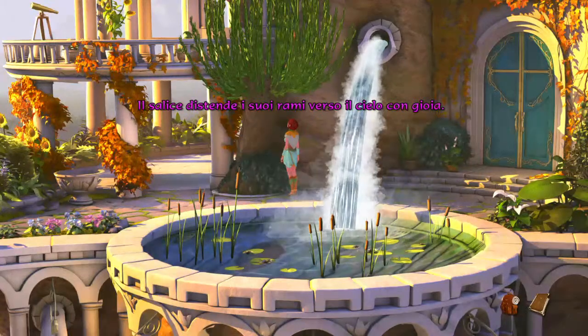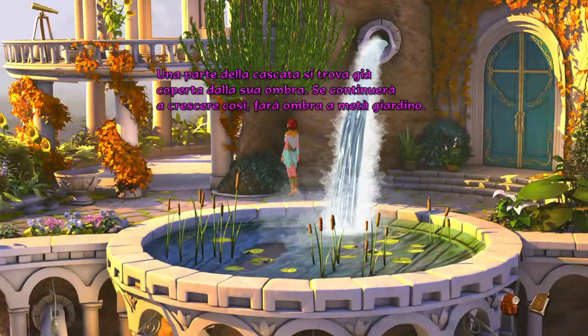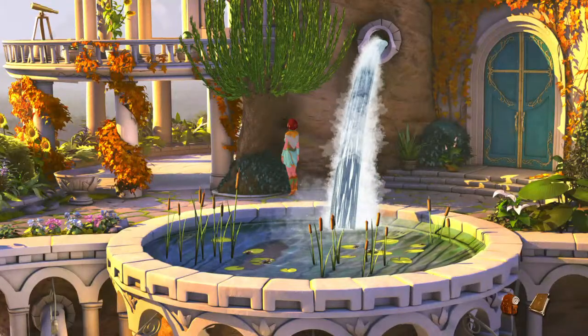The willow is stretching its branches up high into the sky with glee. One part of the waterfall's already lying in its shadow. If it continues to grow like that, it'll shade half the garden. That's a weeping willow. It appears to be...